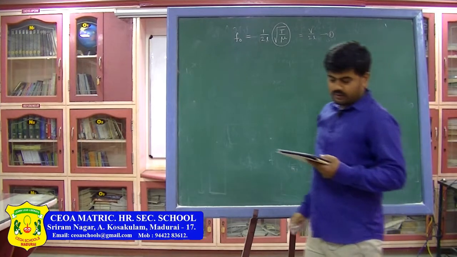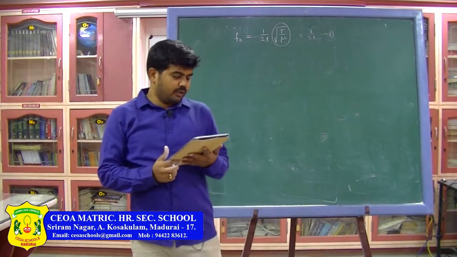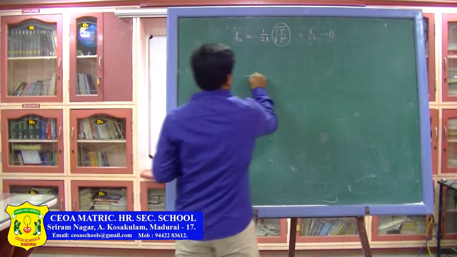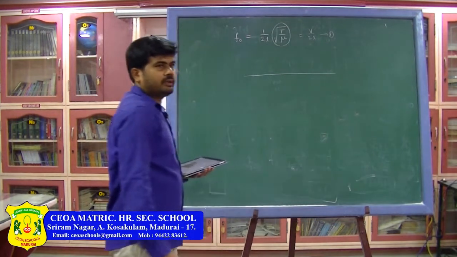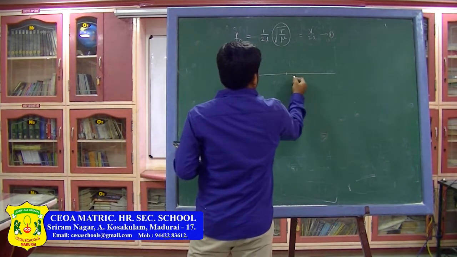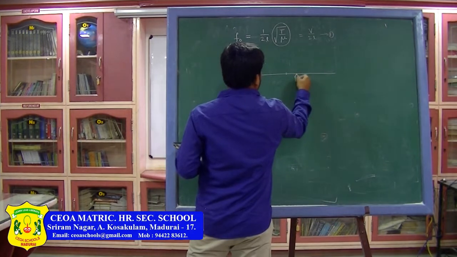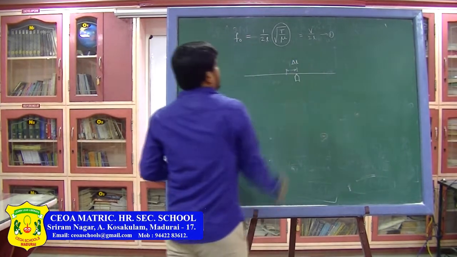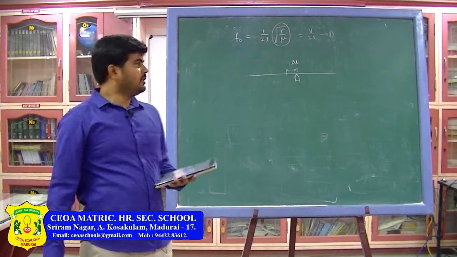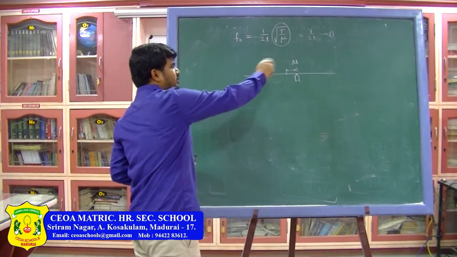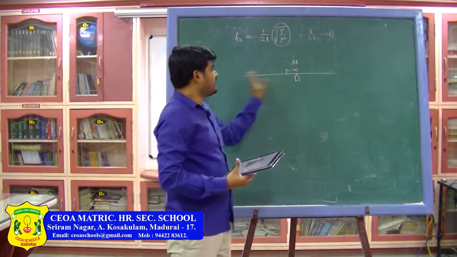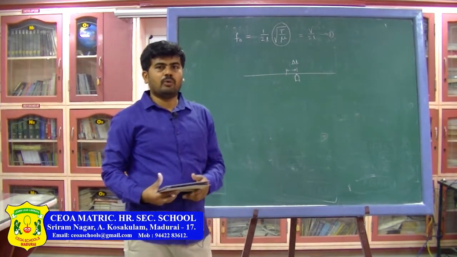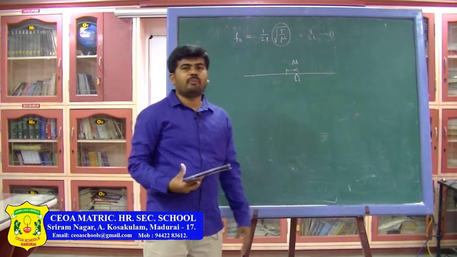Now, a bridge is introduced at a distance of delta L from the center of the wire. This is the total wire of the sonometer, and this is the midpoint. From the midpoint, a bridge is introduced at a distance delta L. Now, both sides of the wire, the left side and the right side, are set into vibrations in their fundamental mode, and we need to find the number of beats produced.